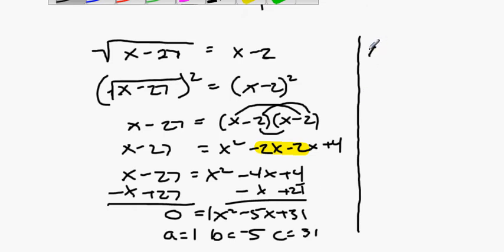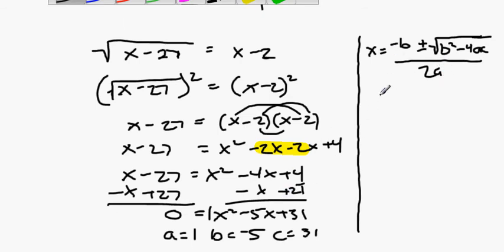And now I would simply use the quadratic formula, which is negative b plus or minus the square root of b squared minus 4 times a times c all over 2a. And then I would take my values from my quadratic equation and I would substitute those values in for the variables in the formula. So I have x is equal, two negatives make a positive, so a negative negative 5